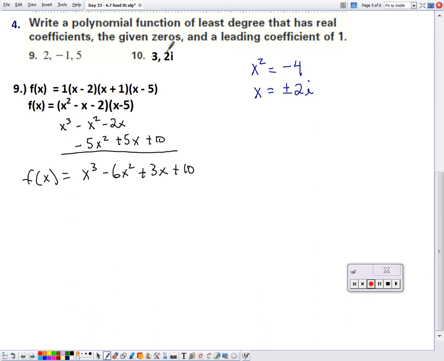So when you get a 0 that's a pure imaginary like this, you immediately include the conjugate. Always, always, always. So if 2i is a 0, so is negative 2i. And you can kind of guess that the factor that 2i came from would be x squared plus 4. And then the factor that 3 came from would be x minus 3. And if we multiply this together,